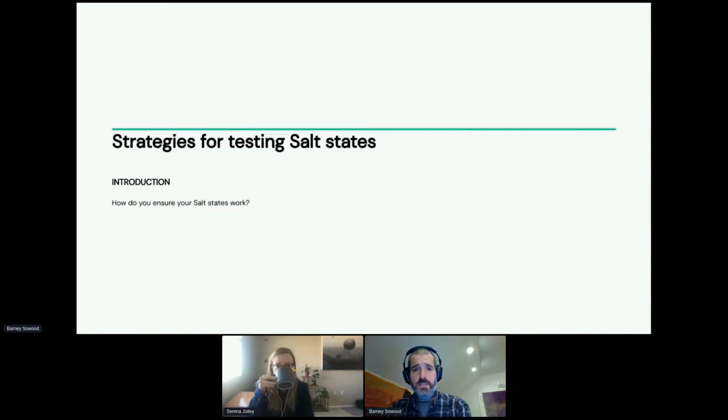So, strategies for testing Salt states. How do you ensure that your Salt states work? When you're first developing them, ensuring that they work probably means writing part of a state, pushing it to the Salt master somehow, trying to apply it, maybe with test=true, then fixing any issues, pushing it out again, trying to apply it again.